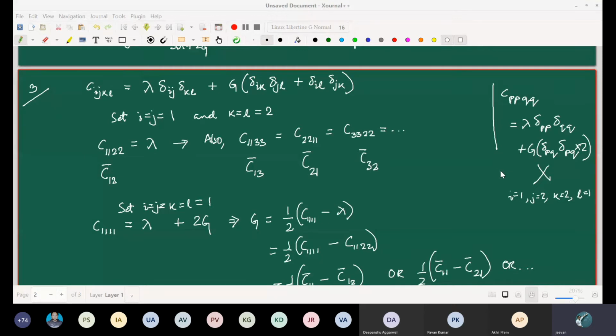Already one of you have asked this question in the discussion channels, quite early on, maybe a week or so back, that we are separately finding out the principal strains and the corresponding principal directions in the kinematics chapter. And then again, in the stress chapter, we are finding out the principal stresses with the corresponding principal axis or the principal directions of the stresses. Question is, in general, are they going to coincide?